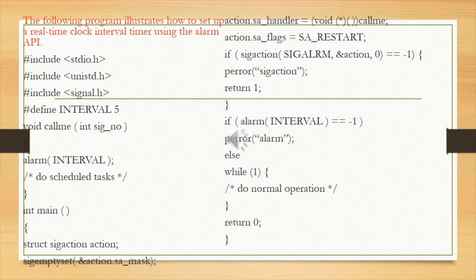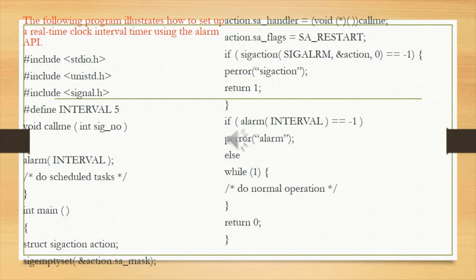When the timer expires, the call_me function is invoked, restarts the alarm clock for 5 seconds, and then does the scheduled tasks. When the function returns, the program continues its normal operation